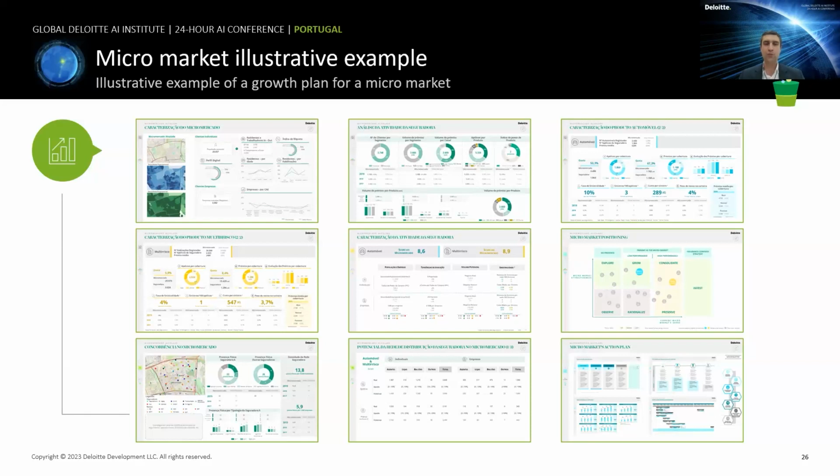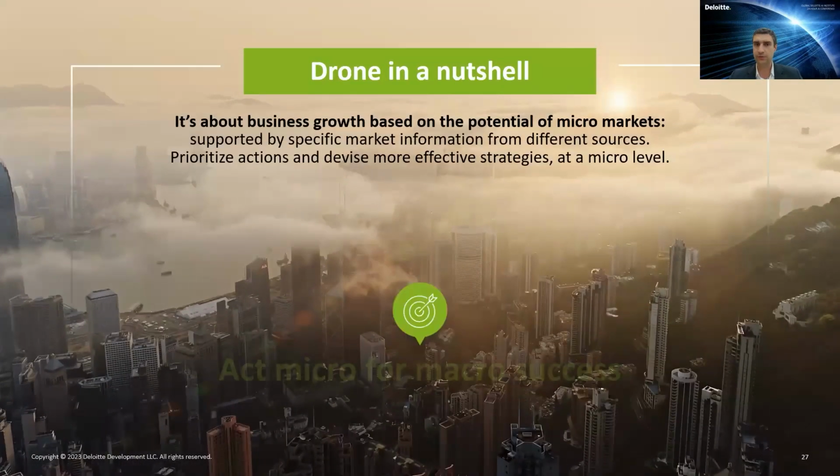So we produce one more traditional consulting output, which is a PowerPoint deck with a summary for each micro market with all the information regarding what's the population density, what's the potential, the analysis of the client itself, how are the competitors located, what was the evolution of the competition, and a set of recommendations, those that I mentioned. So how many branches should you have, what type of branches, what team, and so on. And we have a second,